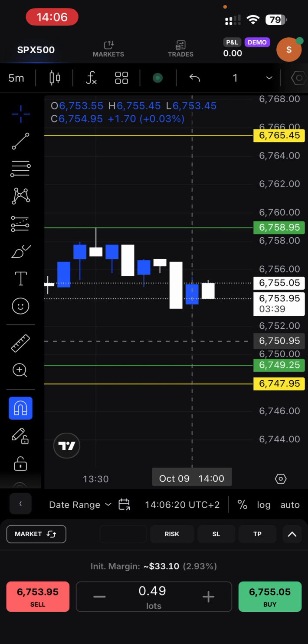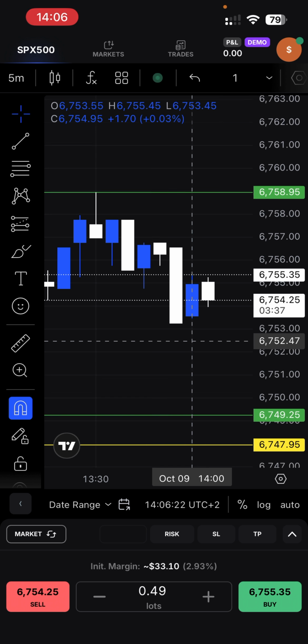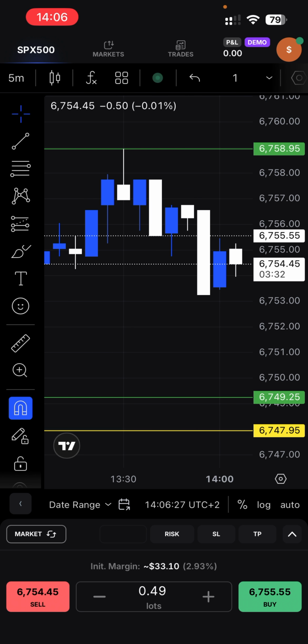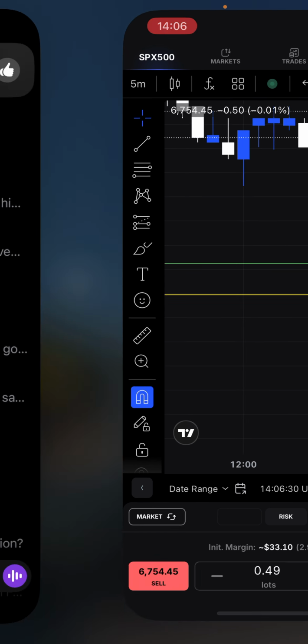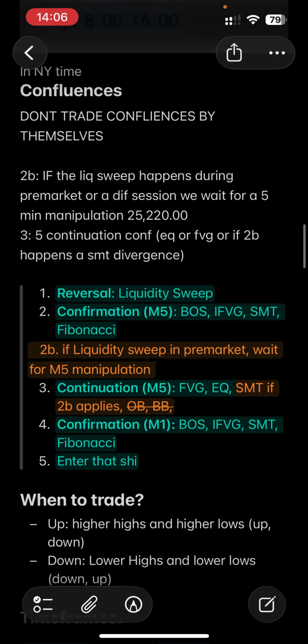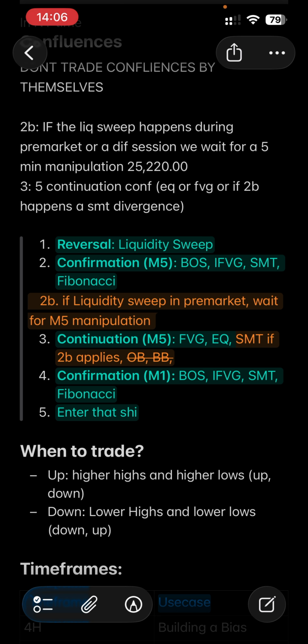So, first things first, let me read through what I got here. I wrote down, first you want a liquidity sweep, then break of structure and all that. If a liquidity sweep has happened in pre-market, wait for 5-minute manipulation. So that means I shouldn't go off of that liquidity sweep right away as a confluence, but I'm not doing that anyway, so